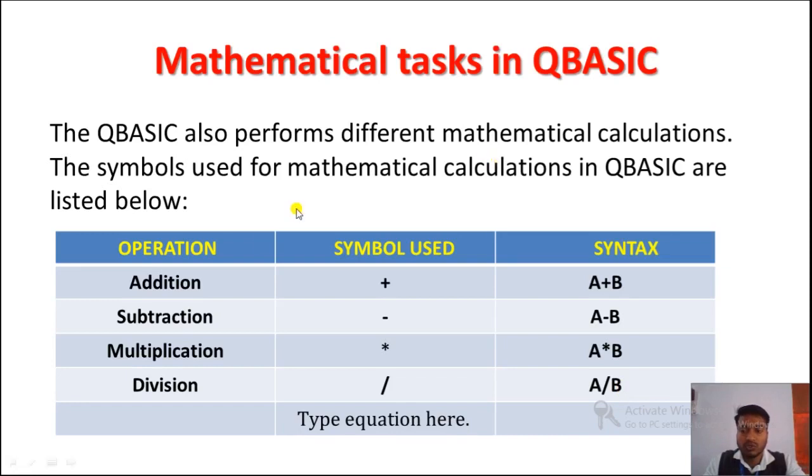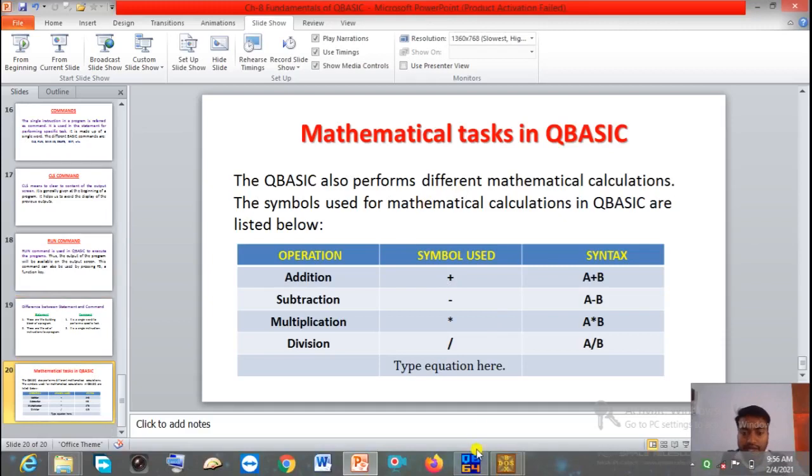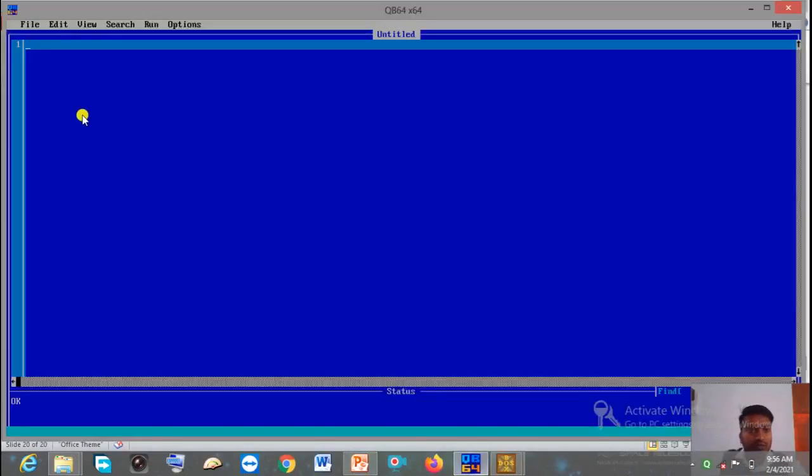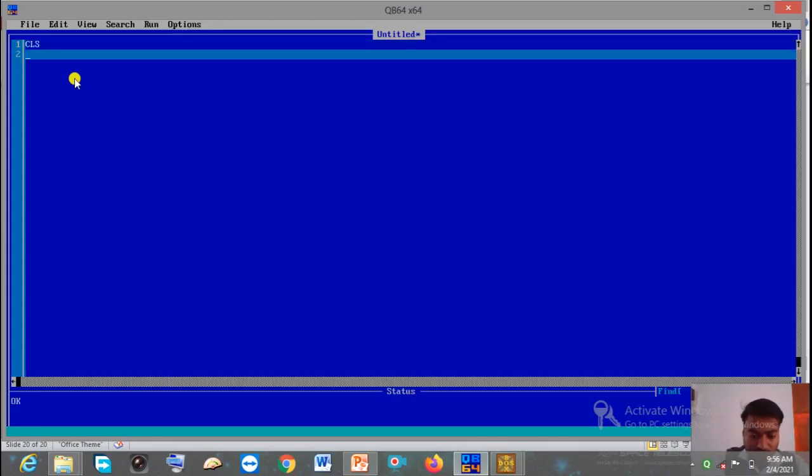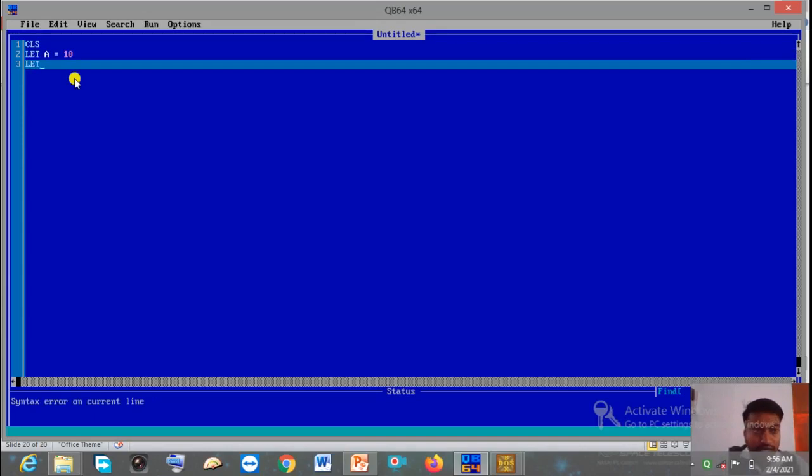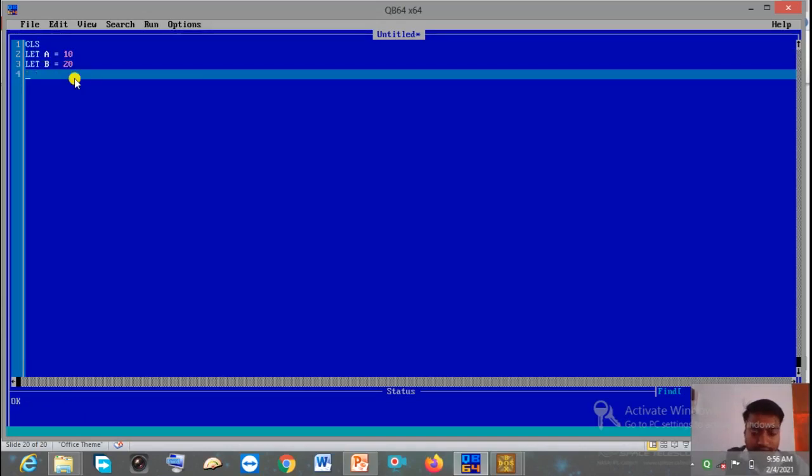Let me show you one small program where we can use these symbols. First CLS, let a equal to 10, let b equal to 20.